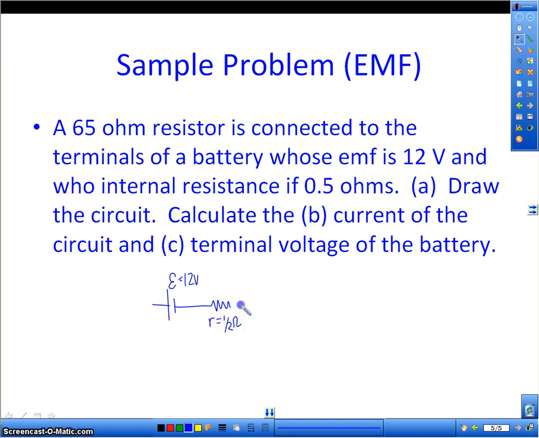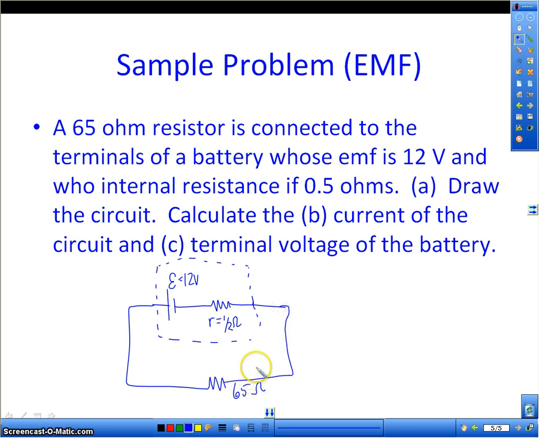And then this whole battery, this little thing I'm putting the dotted line around, is the battery. And this gets connected to a 65 ohm resistor. So that's my circuit, and that's the part for the drawing. So the way you treat this is you just add the 65 and the half together. So your total resistance for this circuit would be 65.5 ohms, because this half just adds in with the 65,